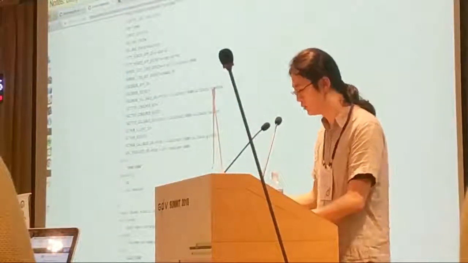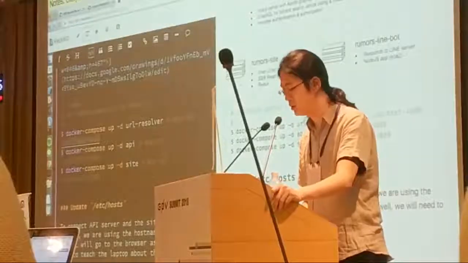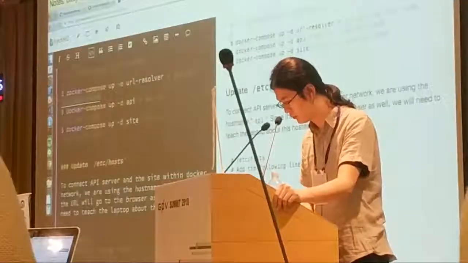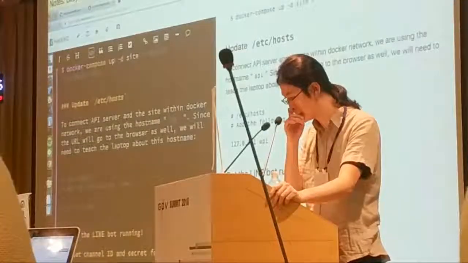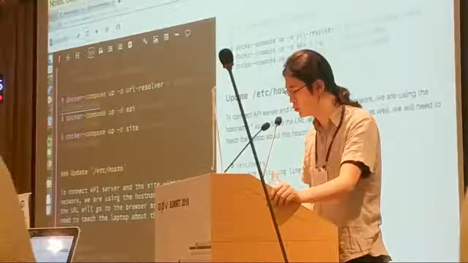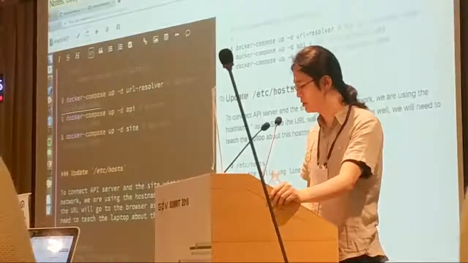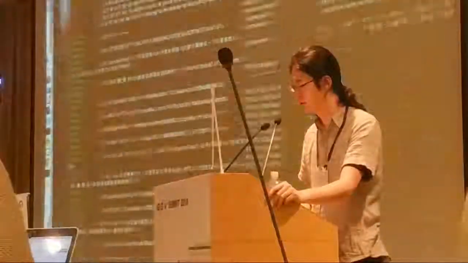Yes. So I think we have a few minutes left here, and for the last minutes, I will go through the last settings here. Actually, to get this website running, you may need to update your etc hosts. The reason is because